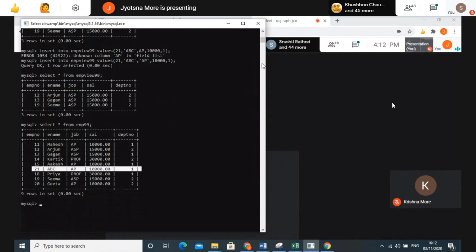I have inserted a new row into that. So that is insert into view name with the values, whatever values you can put in that as per your table requirement or column numbers. So I have inserted one record. It is giving me the result as the row is inserted in a view. When I'm checking select star from view name, I'm not getting that result in this view, right? So it is not adding it into the view. What is it doing?